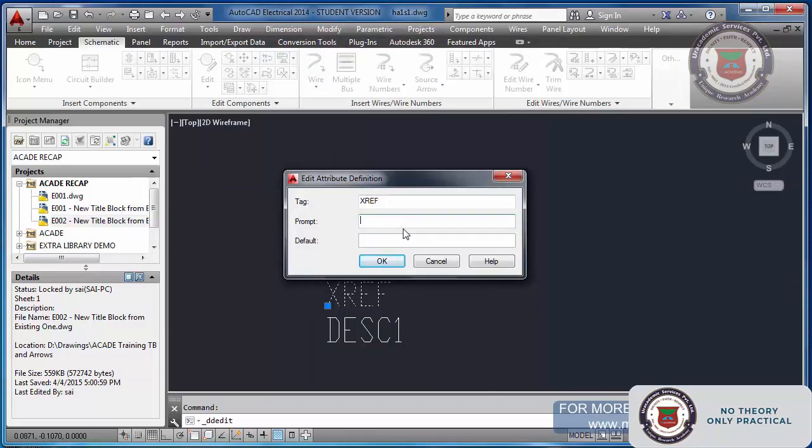Now let me change the 2. Okay, it was there as a 2 only. Now I am changing to capital 2, destination.